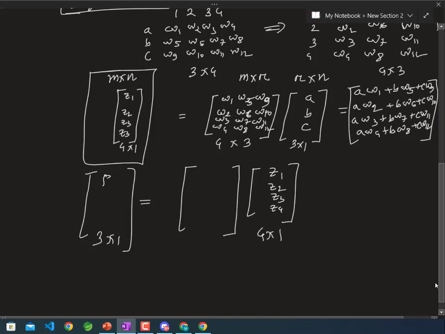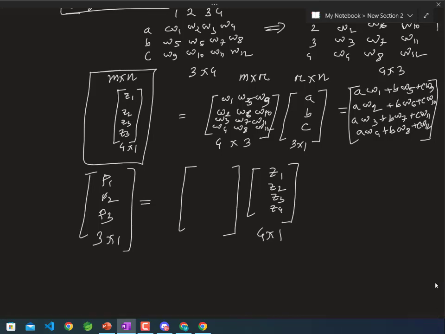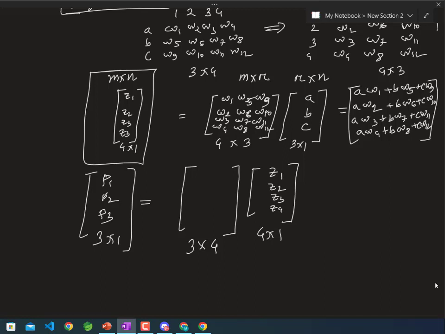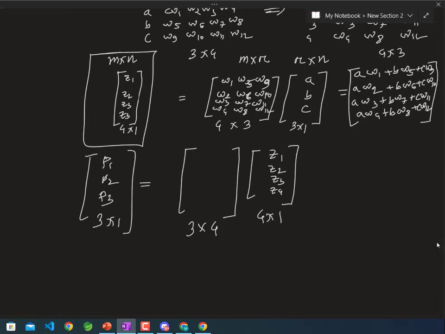So P1, P2, P3 can be represented as, so the matrix size will be reconsidered as a 4 into 3 matrix, right? So 4 into 3 matrix, it will be considered as 4 into 3 matrix if we connected Z1 and P2s directly. So the matrix will be represented in a different manner. Because it's a second layer matrix, if we represent it with the help of the weights, the current weights, considering 1, 2, 3 matrix,